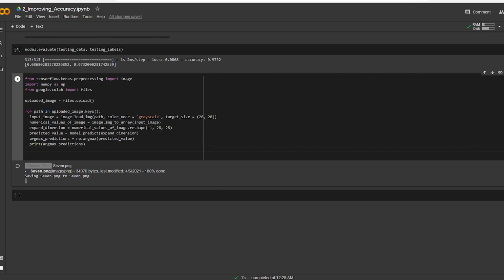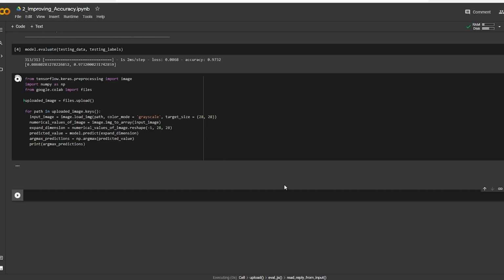testing set. Okay, so if you can compile this code into a nice API with the help of Flask or Django and host it somewhere on the cloud, then you can later on pull it and make a mobile app, and you can actually make a real mobile app. So let us say there is a canvas on your mobile app or your website. You can just draw the image, and then you can have the digit classification. Okay, so this is a great project for the beginners, I would say.